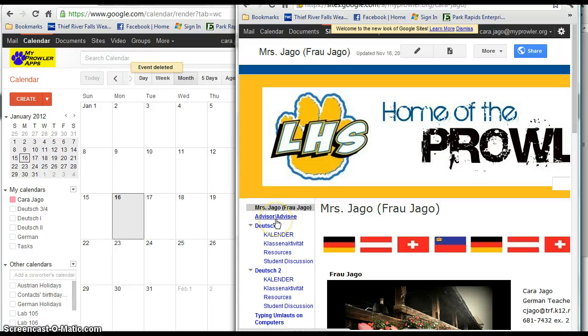Hey guys, I'm here to show you how to embed a Google Calendar on your website. So I'm going to show you an example here before we get going. On my website I have this heading of German 1, and then underneath German 1 I have its own calendar